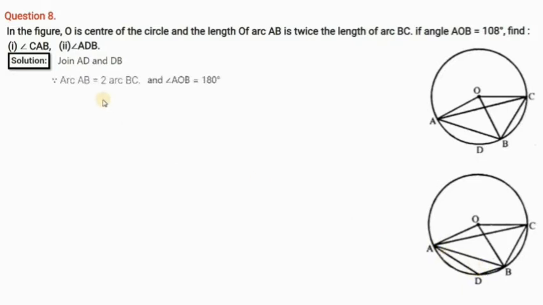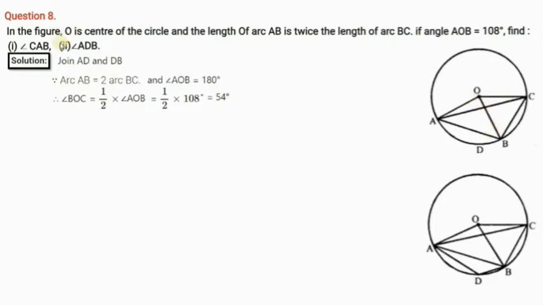Okay, so we have arc AB is double of arc BC, right? As I said, if this is 2, this is going to be 4. That's why the angle made by BC will be just half of the angle made by AB, because AB is double. AOB is given to be 108. This is not 180, this is 108. So BOC, the angle subtended by arc BC, will be half of angle AOB. How much is AOB? It is 108, so this turns out to be 54. That means BOC is 54.